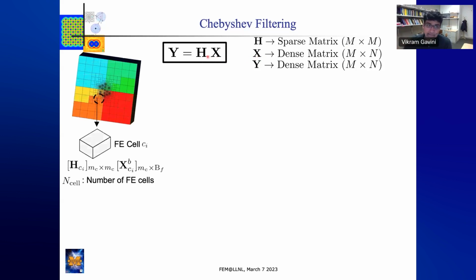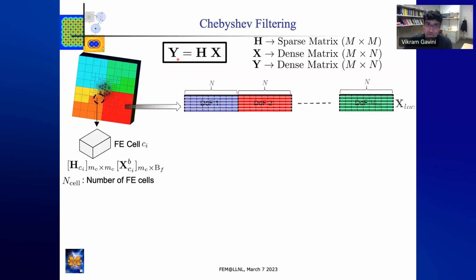So what we did is, of course, there is a domain decomposition step, where each color represents one of the partitions. And in each of the partitions, what we do is, instead of doing this at the global level, we try to do the h times x operation at the elemental cell level and then assemble back this y vector. So to do that in an efficient manner, the storing of the entries matters. So for each of the finite element degrees of freedom, we store all the values of the n wave functions